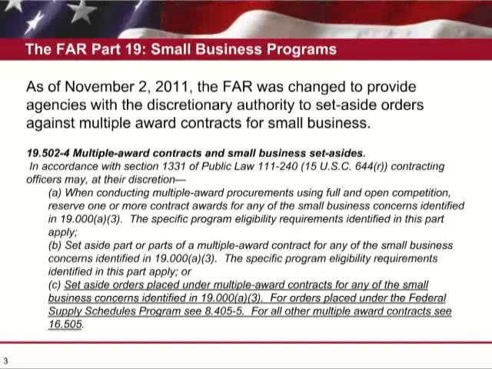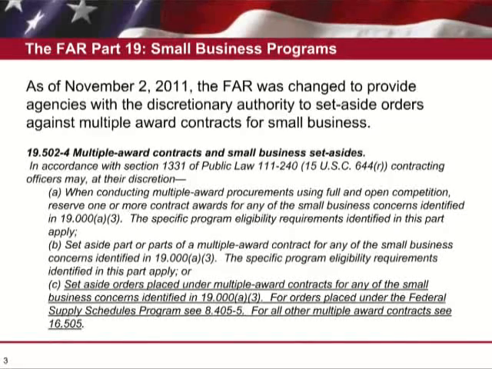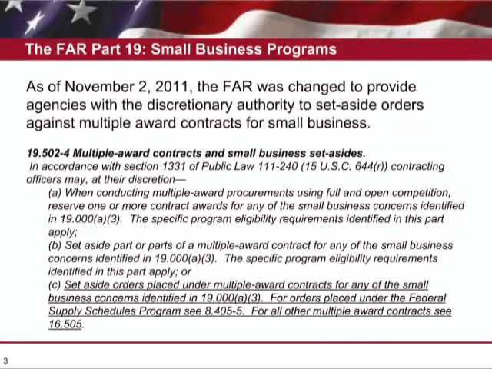Now, normally in circumstances like this, we would see the SBA issue a proposed rule where they would change their regulations based on what this Jobs Act said. Now, that proposed rule would go out for comments with other agencies and the public, and those comments would then be used to develop a final rule. That SBA final rule would then be used to create a FAR rule. But in this case, the FAR rule was issued first because OFPP, the Office of Federal Procurement Policy, and SBA, Small Business Administration, had that 1-year statutory deadline in which to implement 1331.